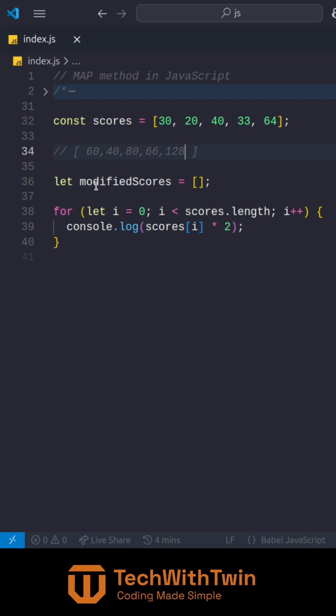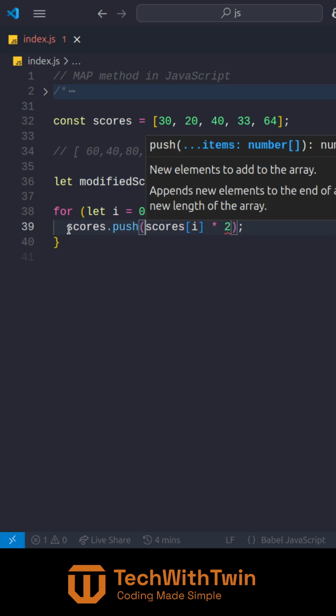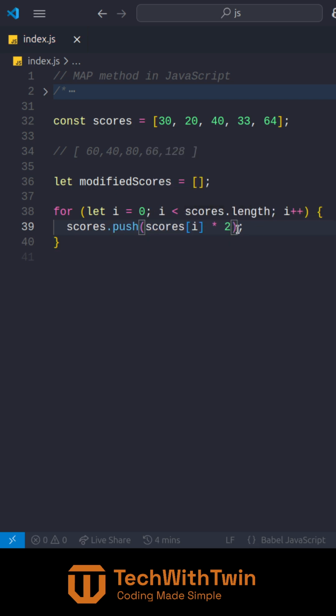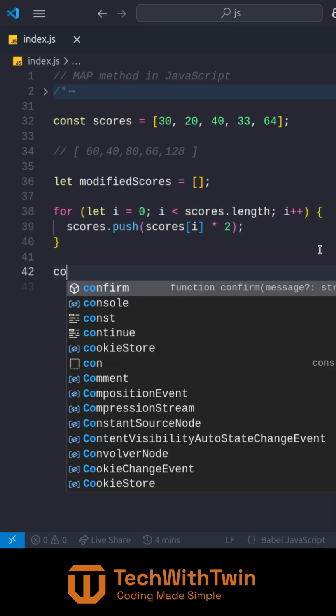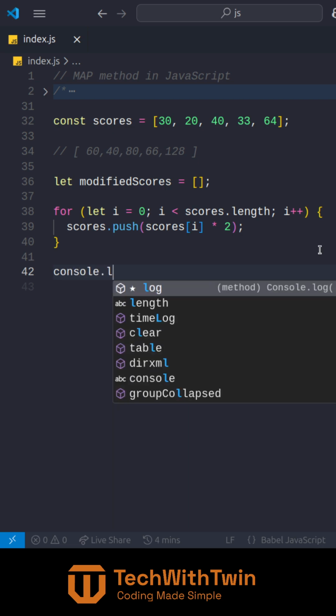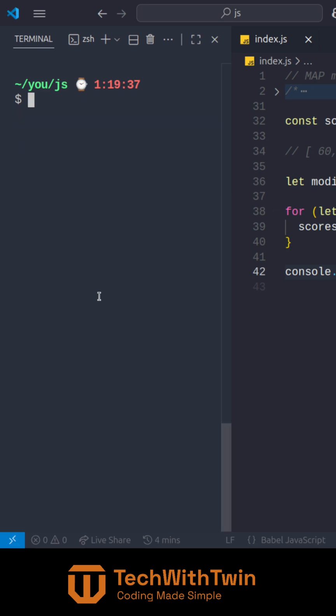So how do we add them to the new array that we created here? It's very simple. Instead of console logging, we can say scores.push, and then we push to that array the scores that have been modified. And then finally we can console.log modified scores. So if we run this,